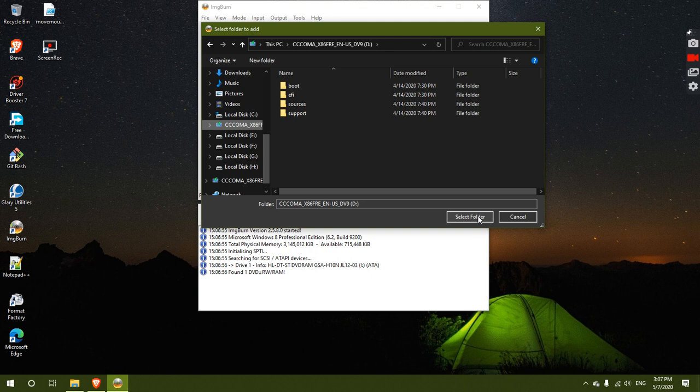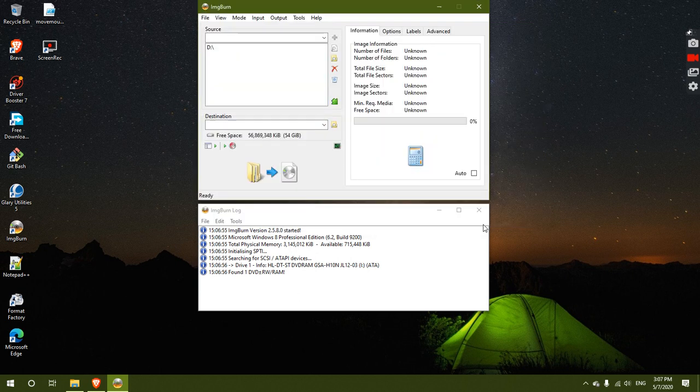You need to select this pen drive. Select the drive only, don't select any of the folders inside. I just selected this drive and clicked on select folder. You will see your USB pen drive letter here. Currently my drive letter is D. It may differ depending upon your system and the number of partitions of your hard drive.